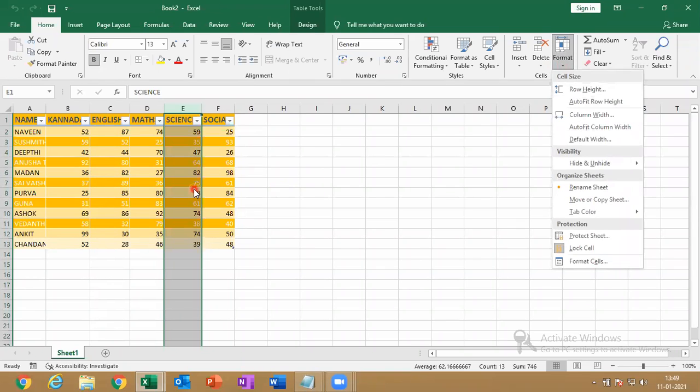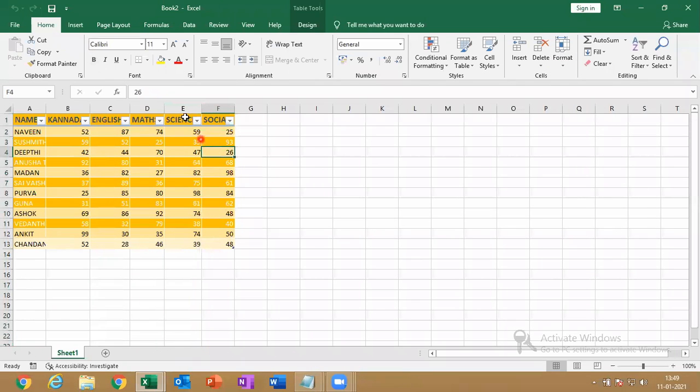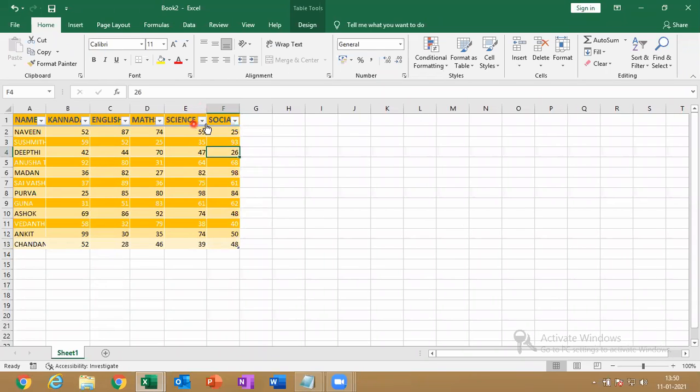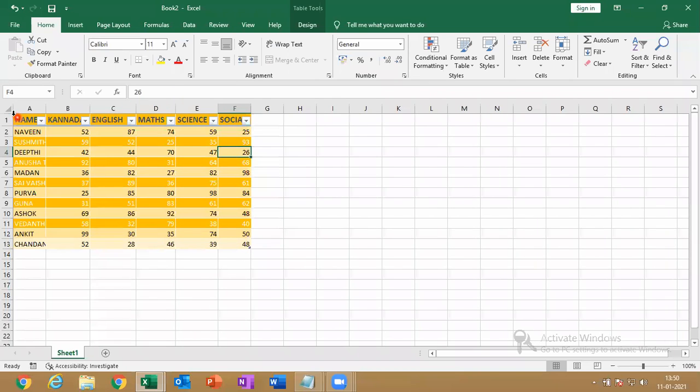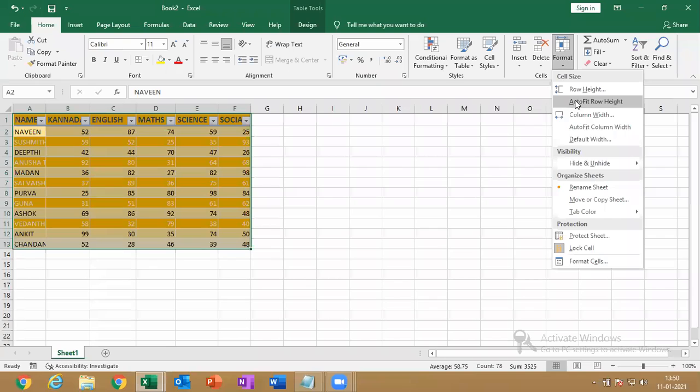Row height and column width. See, here you can just double click and the column width increases automatically. Double click exactly here. Double click to increase column width. Or else you select the entire table, go to the format tab, and choose auto fit column width.